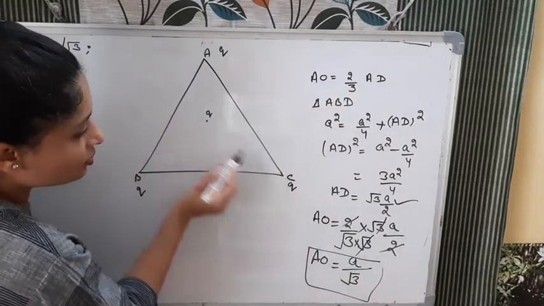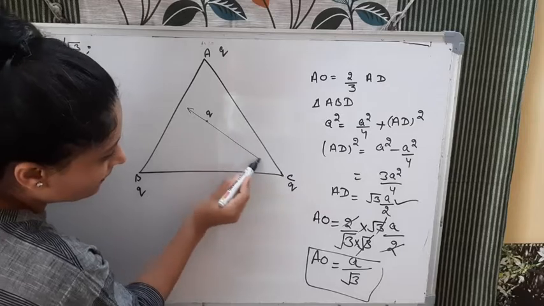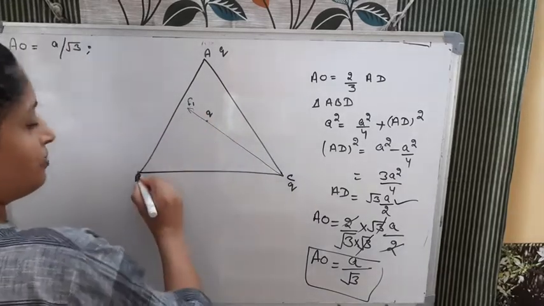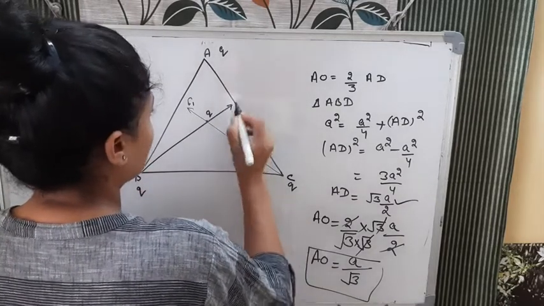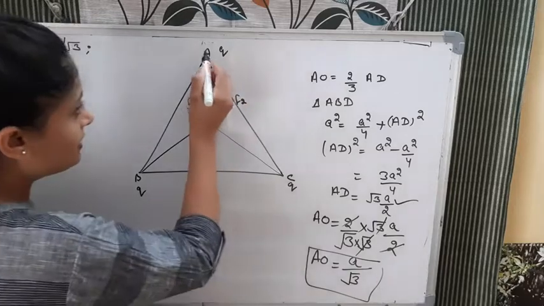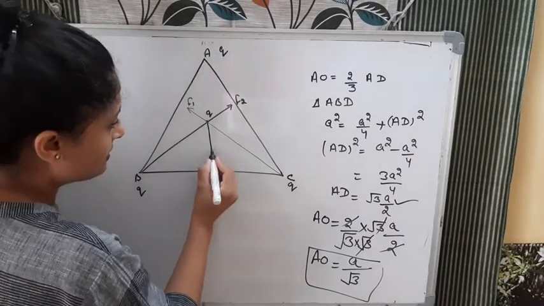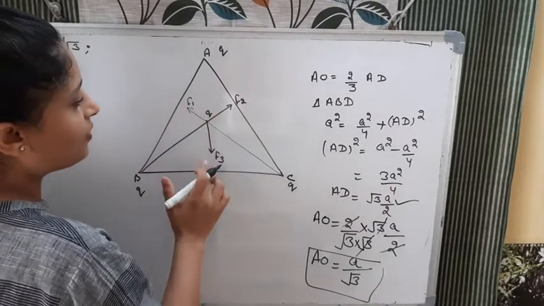So at this Q, due to this C, force will be in this direction because it will repel. So I'm saying it F1. Okay. Due to this B point, this Q charge, force will be in this direction. I'm saying it F2. Due to this A point charge Q, this will be in this direction. I'm saying it F3. So there are three forces, F1, F2 and F3.